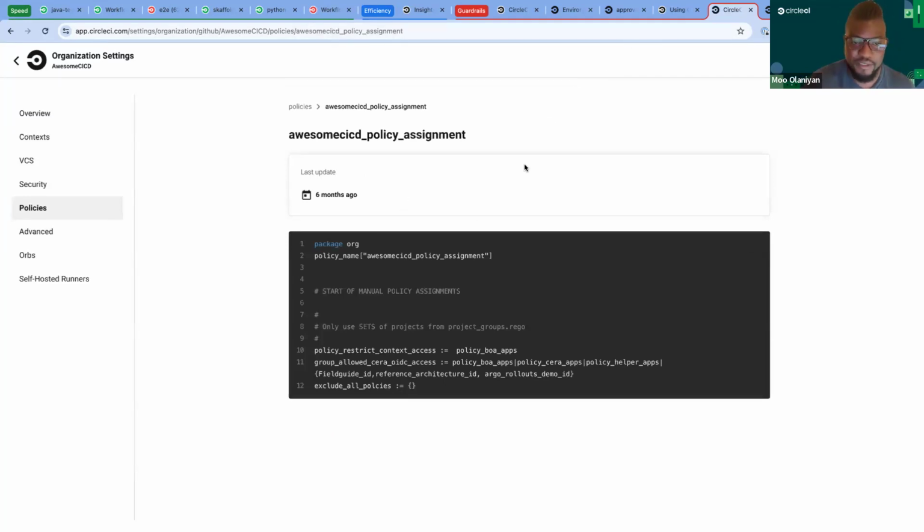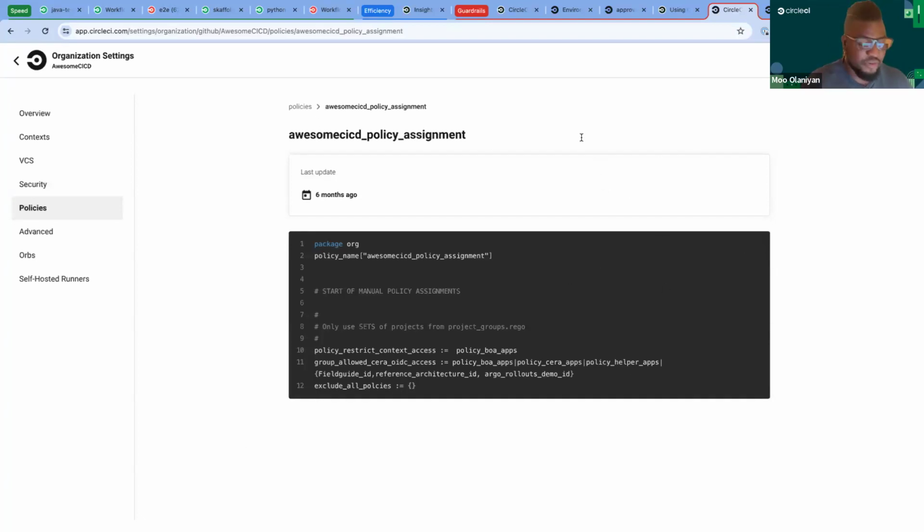And pretty much what that does is it allows the pipeline to proceed, but the violation will still be logged. For example, let's say you're using an old version of an Orb, right? It's been deprecated. You can go ahead and set that as a soft failure, but be like, hey, in 30 days, we're going to turn this to a hard failure. So update all of your Python Orbs or something, right? So that's another way that things can be enforced.